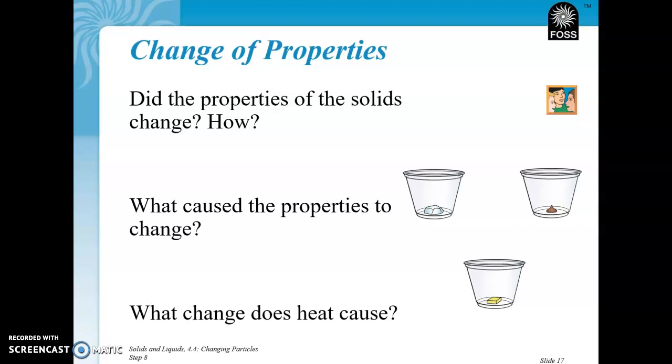Change of properties. Did the properties of the solids change? If so, how did they change? What caused the properties to change? And finally, what change does heat cause? I want you to answer those